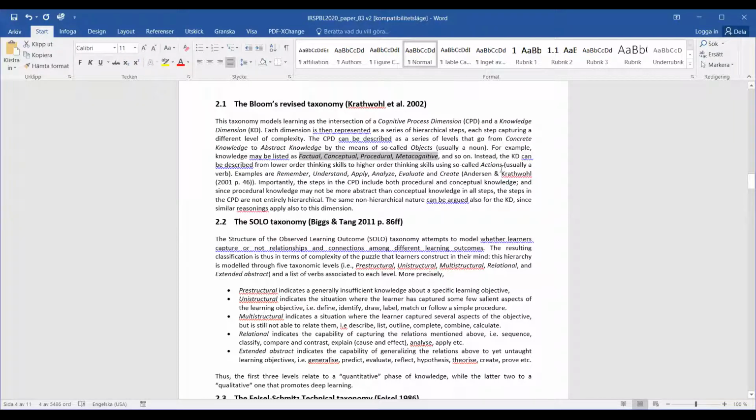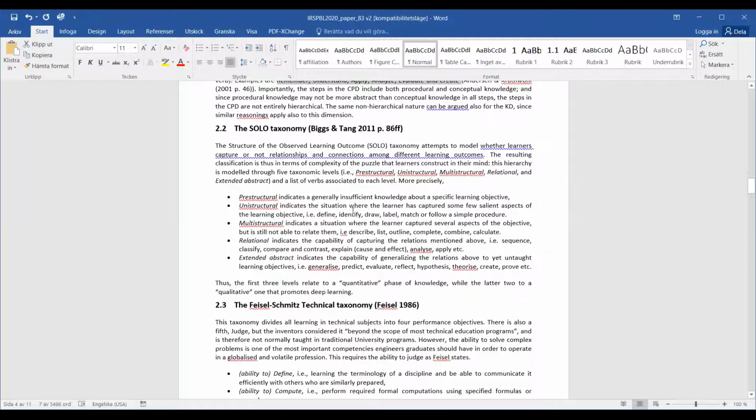Then on the knowledge dimension you have the words, and in Bloom's revised taxonomy you have these according to Anderson and Krathwohl. What Anderson and Krathwohl did was take Bloom's original taxonomy and make it two-dimensional. So they actually added the objects. There you have the levels: remember, understand, apply, analyze, evaluate, and create. These are in increasing order. One of the problems we had was that we didn't agree on the order of them.